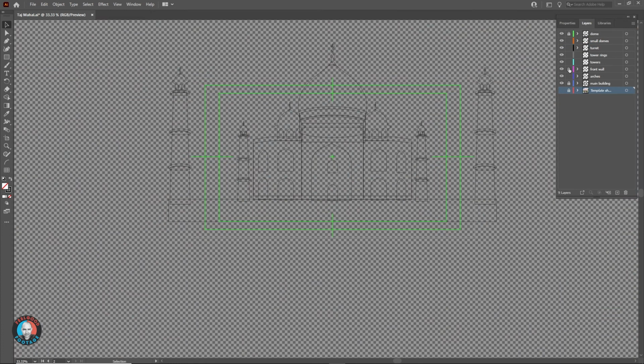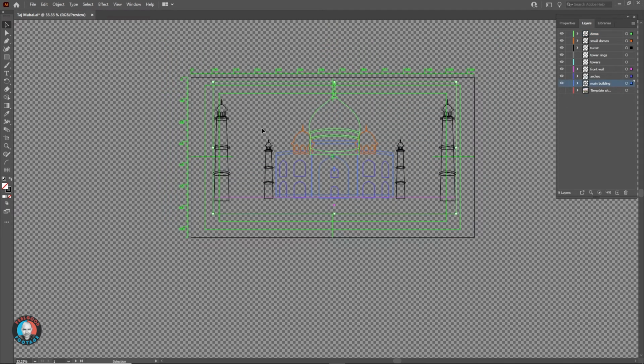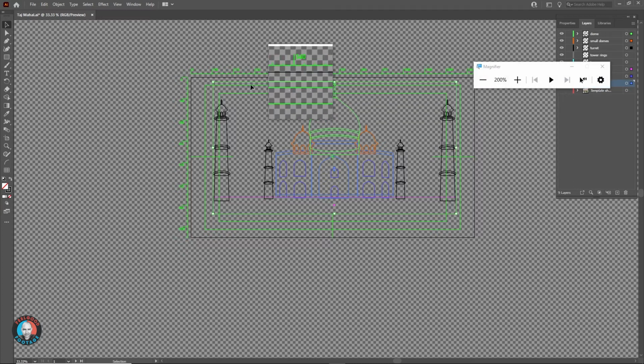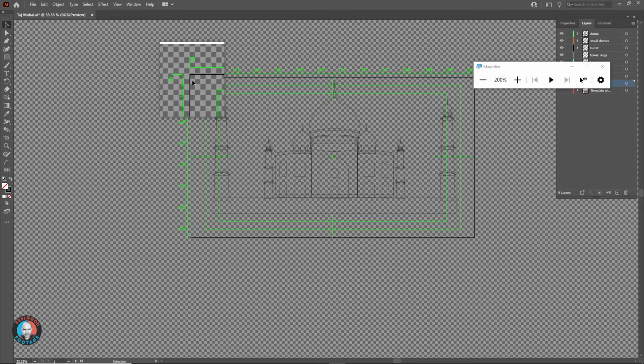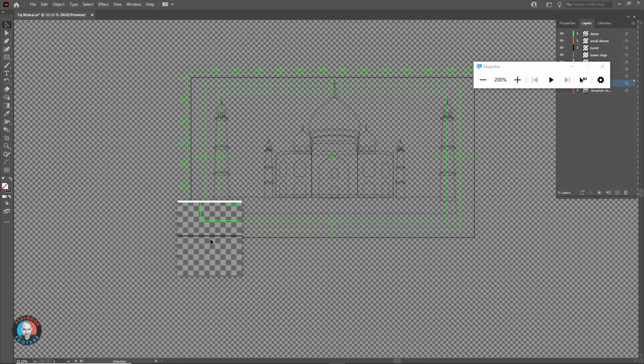I'm fairly happy with that now, so I want to prepare it for After Effects. So I'm just going to select everything and scale it down to fit within the artboard, using Shift to keep everything in proportion. With this preset, with a project intended for video, the artboard doesn't have the white background by default. So just to clarify, this is the artboard boundary. There is a thin line there, but it may be difficult to see with the screen capture.